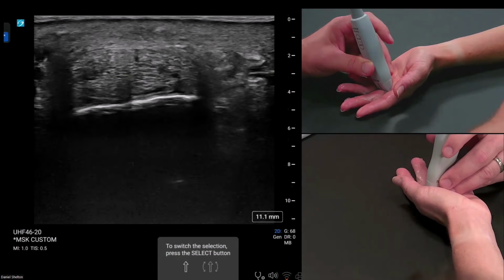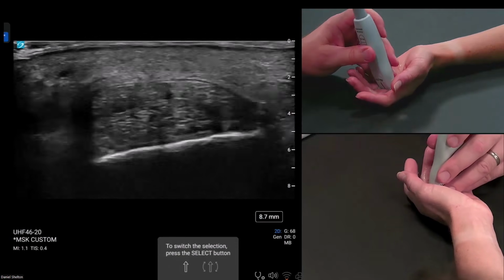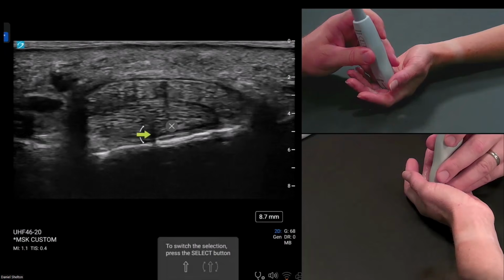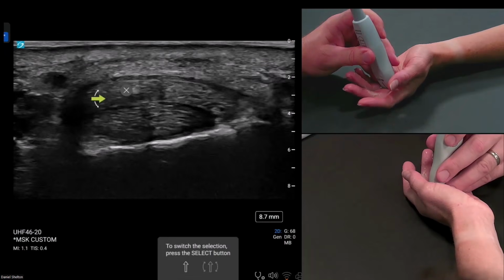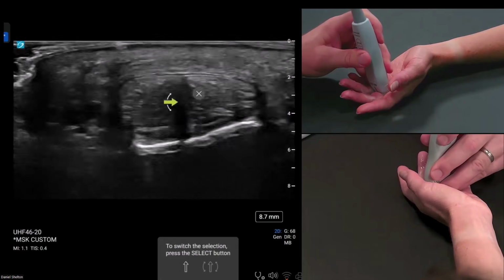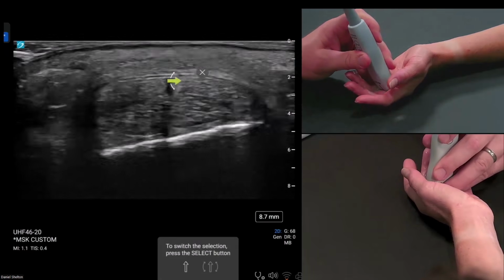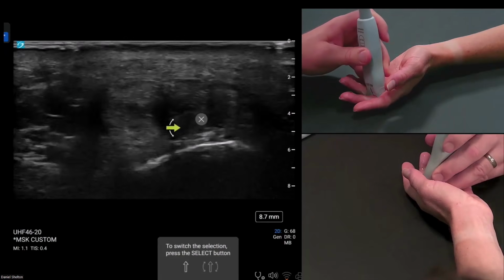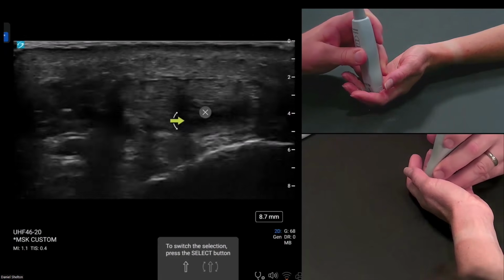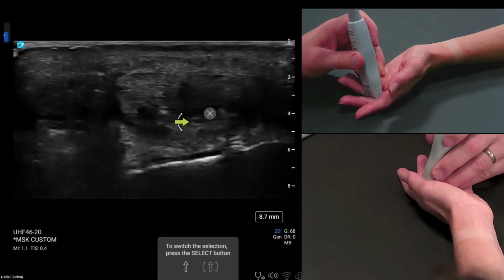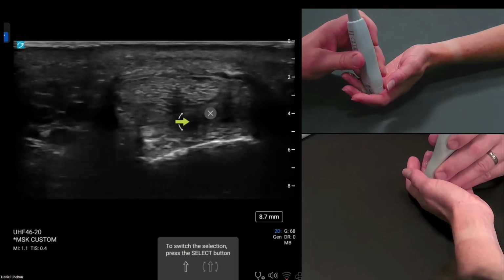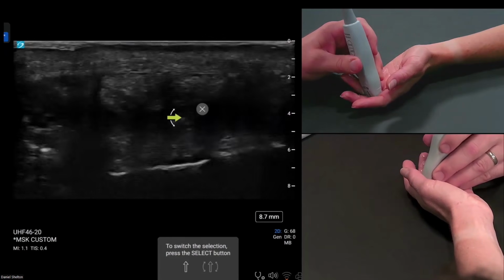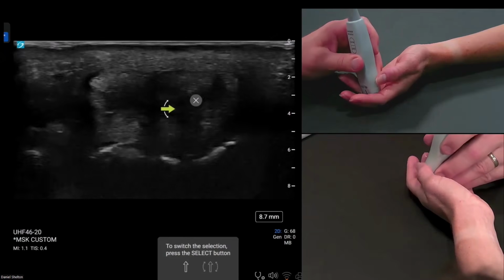I'll bring my depth up more shallow so the machine focuses more clearly on that layer. And now we can see the relationship of the superficialis curling under the profundus as we go distal to the PIP level. See, it's already split apart from each other and curled under, and they almost join. They join with the fibrous band of connective tissue called Camper's chiasma or chiasm. And that's what is hanging on to a little bit of arterial supply to feed the flexor tendons.